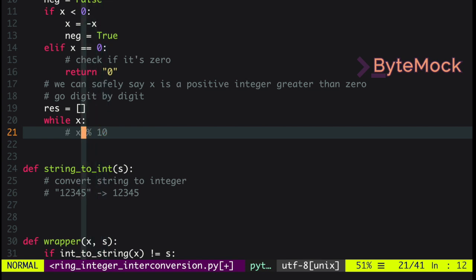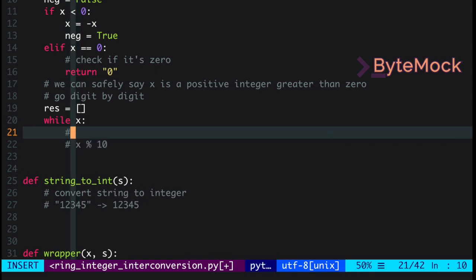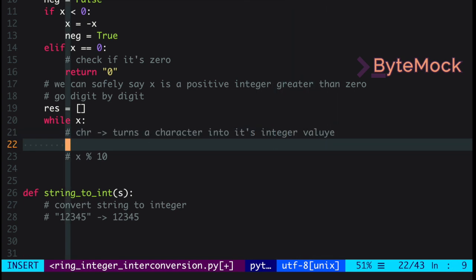And how do we convert it to a string? We're not allowed to use the built-in string function or the built-in int function. So we're going to examine the function chr, which turns a character into its integer value. And we're going to look at the ord function, which turns,